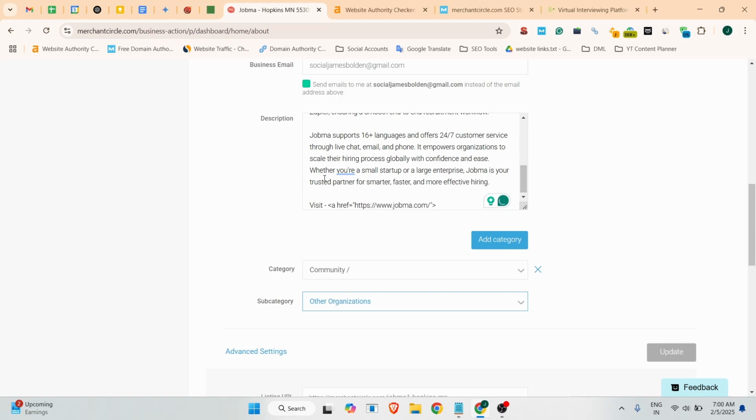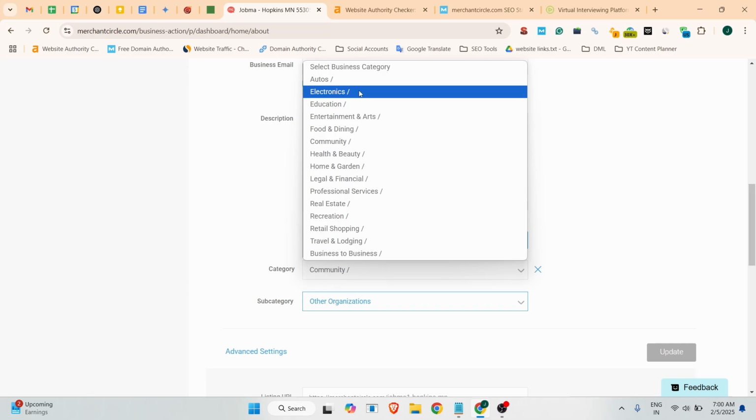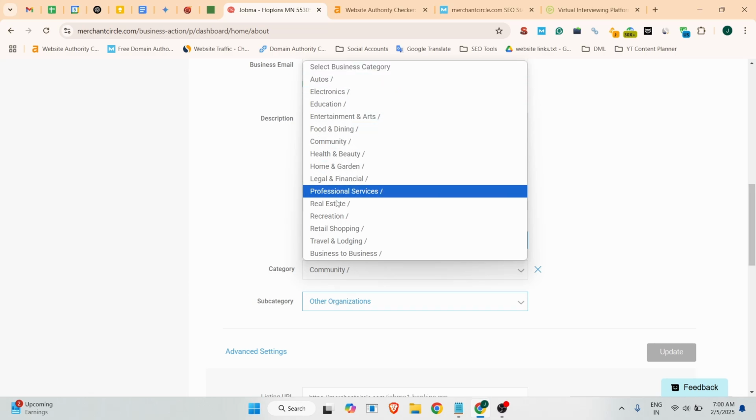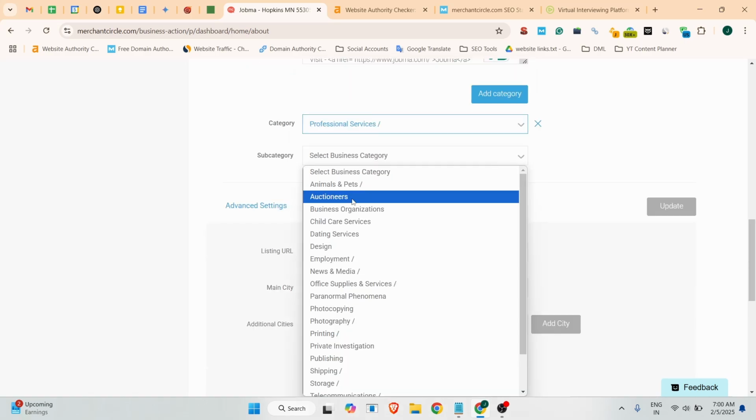Then you can close this. There you can add your brand name, and then you can click on this. There you can choose your category. The categories are education, entertainment, retail, professional services, and then you can select your subcategory,